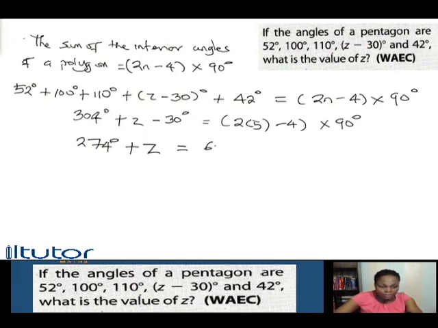This is 6 times 90 degrees. So you have 274 degrees plus z equals